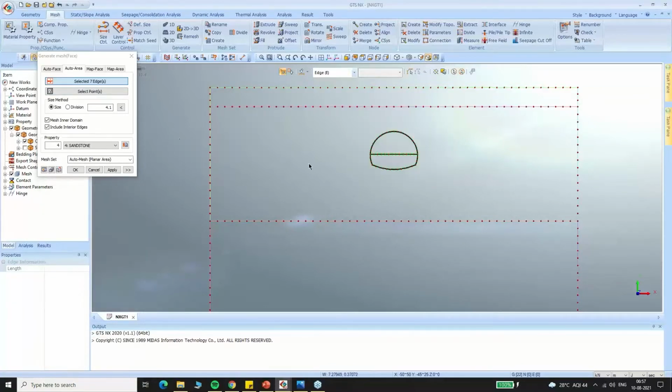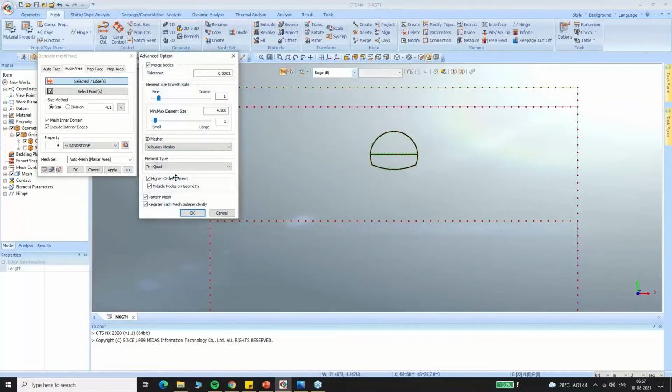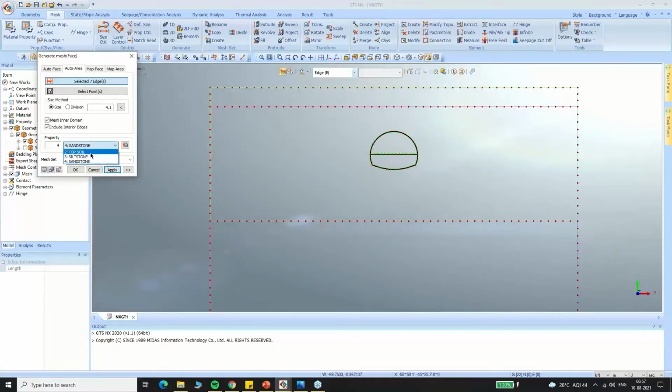I select these two first, like this, and here I have to click register each mesh set independently. So I take it as siltstone. Either you can do that or you can just do it like this. It is your choice, however you feel necessary. I note it as upper excavation, apply,